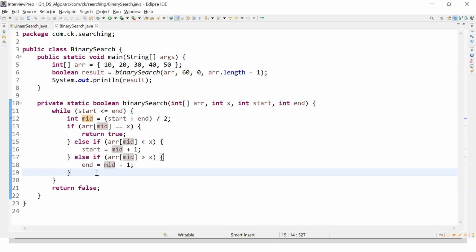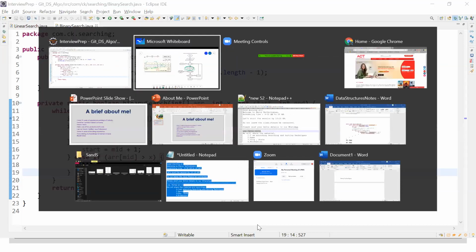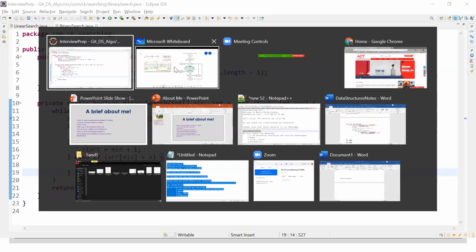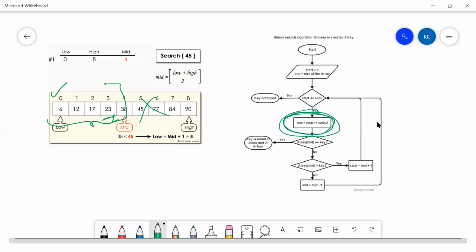So with this, guys, let's try to understand the time complexity of this. So you can take a big array and count the number of iterations and show people how many iterations will reduce with respect to linear search. That is correct. So maybe I can take an example, but that is what I'll be trying to do in my time complexity analysis.